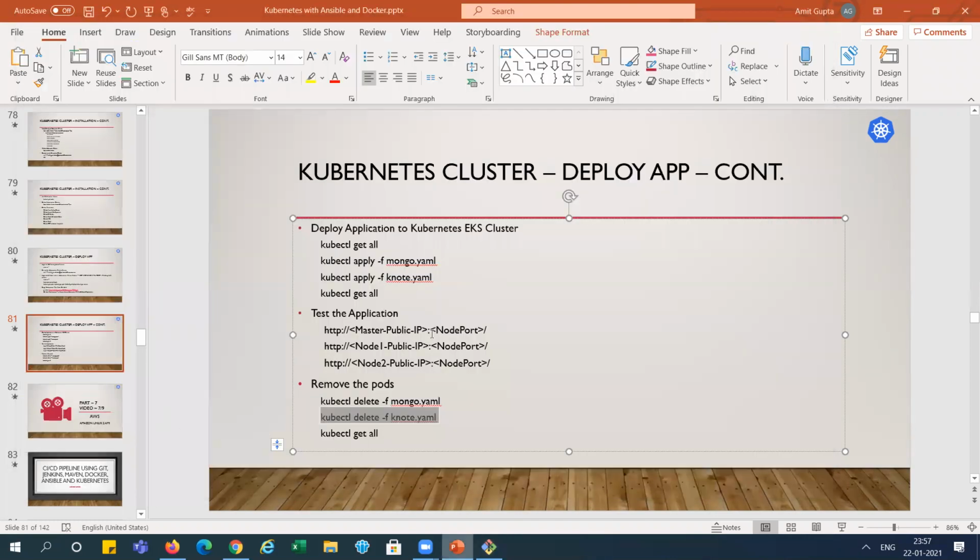So we have done this demo, and in this demo we created the Kubernetes cluster using kOps, and we deployed one application as a service and accessed the application on all the servers like master and nodes, right? So in the next demo, we will cover the CI/CD pipeline using Ansible and Docker, and we will deploy those things in the same Kubernetes cluster using Ansible.